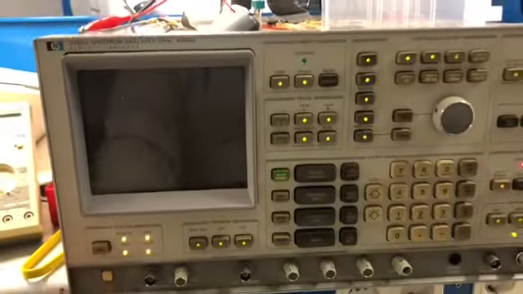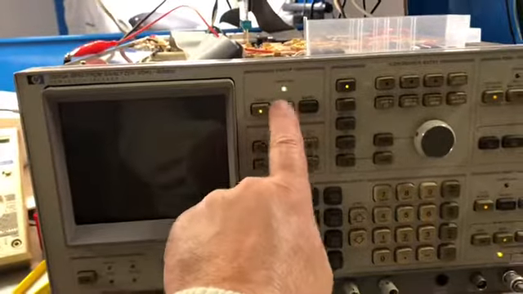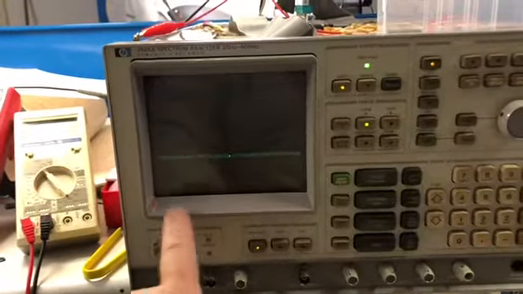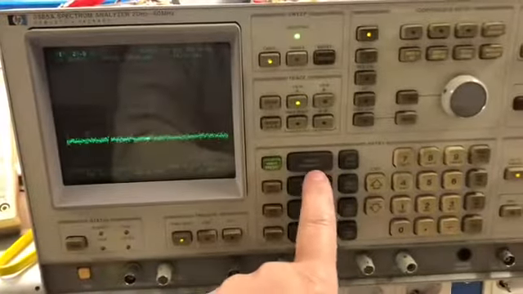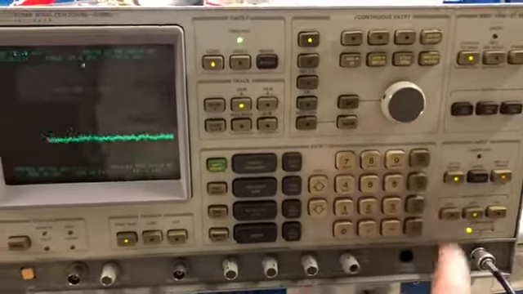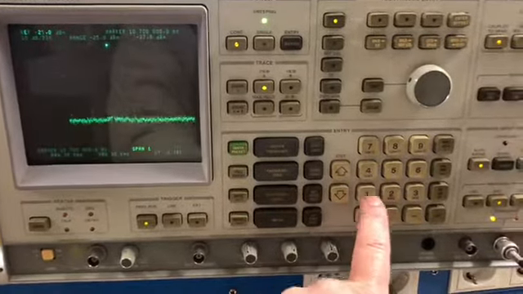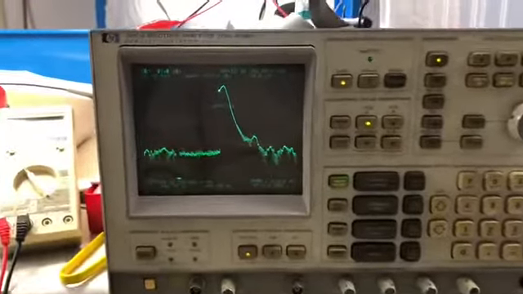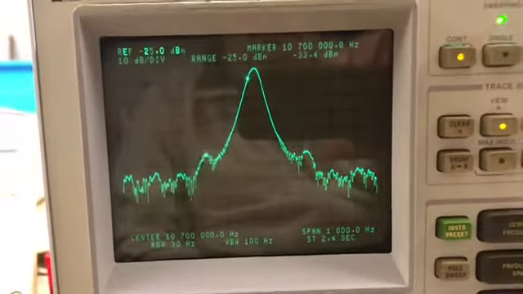So powering on, yeah, it starts immediately to sweep, and it goes to the preset. So if I enter the center frequency and I give, let's say, 1 kilohertz of span, yeah, it's doing what's expected,